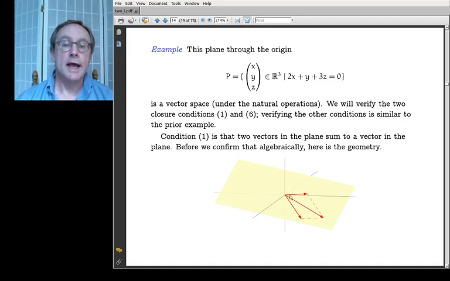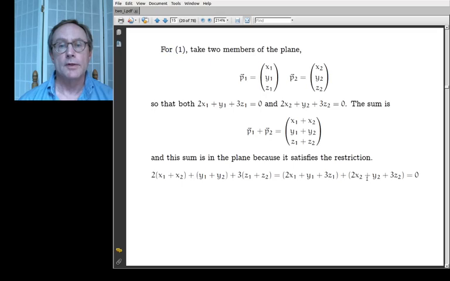Briefly, if you take two vectors in a plane through the origin and you add them, you get a vector in the plane through the origin because everybody's entire body sits in the plane. All right, so that's the concept, and the algebra, the thing that a person would think to do with i's and j's, is that if you take two vectors from the plane, P1 and P2,